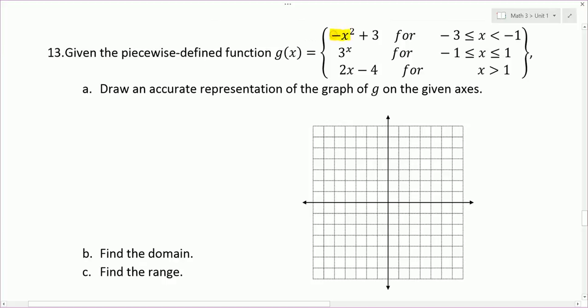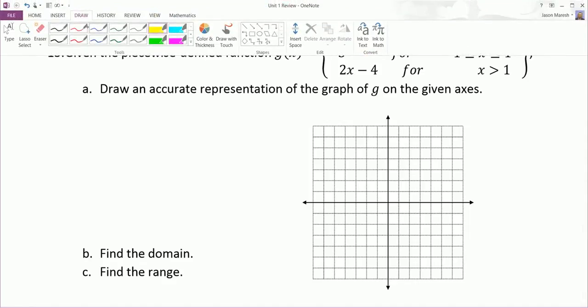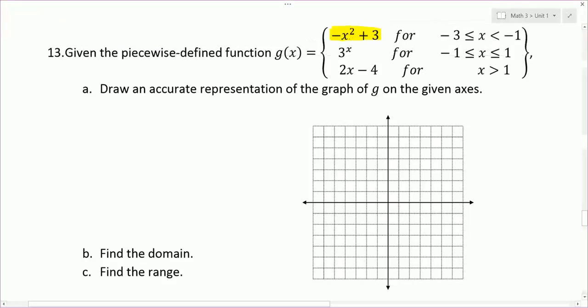We're going to graph -x² plus 3. Okay, so what do we know about that? We know it has a vertex at 0, 0. Well, the parent graph has a vertex at 0, 0, and it's been translated up 3 units. So if we first ignored our domain restriction, we'd be up at 0, 3. And then if we get a couple extra points,